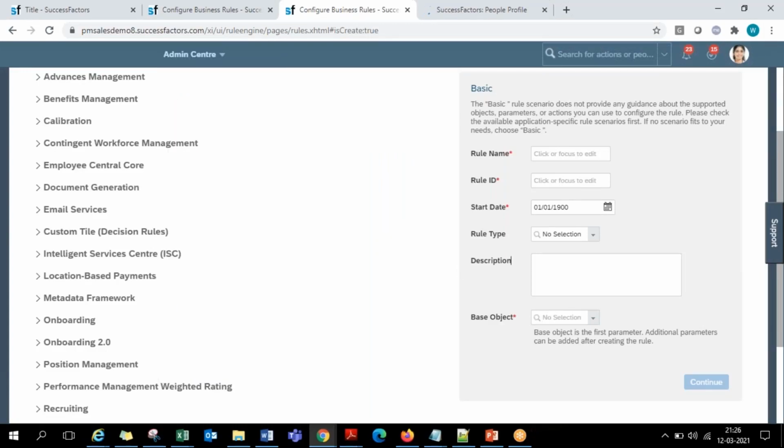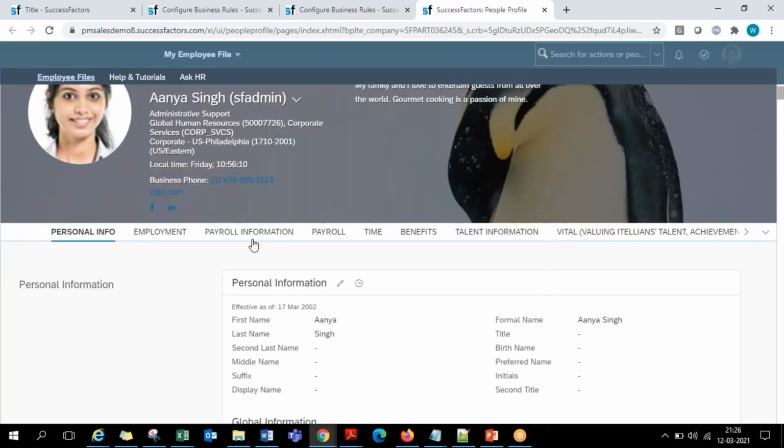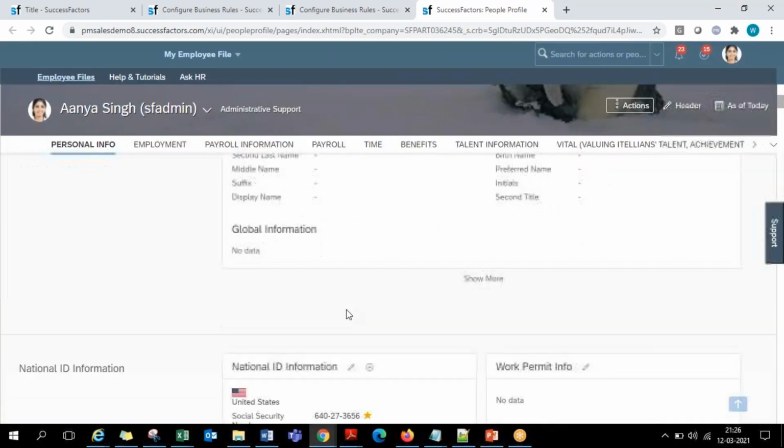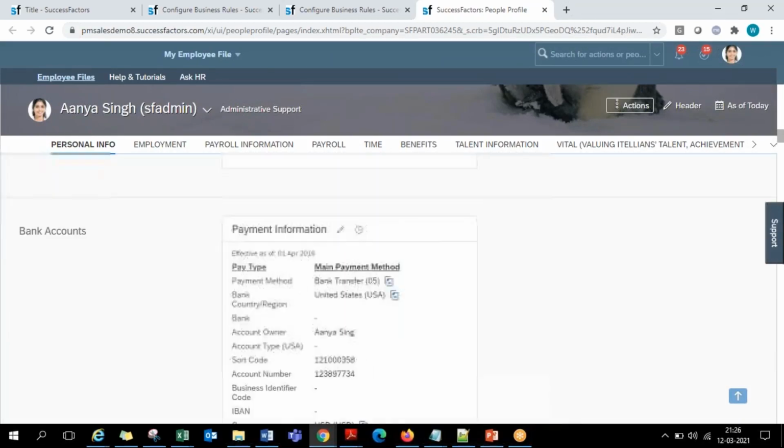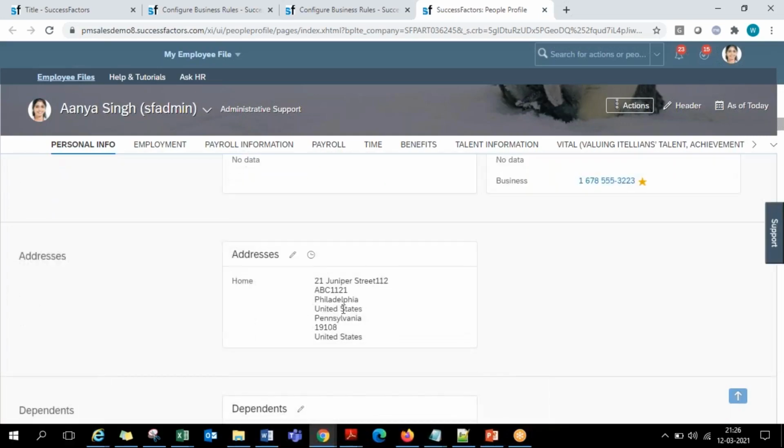If you are going to write a condition on the previous value in the database, I'll just show you. Now here you have, say, the address portlet. Yeah, here we have an address portlet, guys.